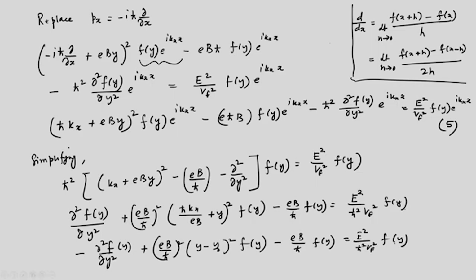Okay. Where y0 is called the guiding center, we have seen this, or the magnetic length, so to say. Let us call this equation 6. All right. Your y0, so let me write down y0. So, y0 equal to minus ħ kx over eB. Okay. So, this is that y0,